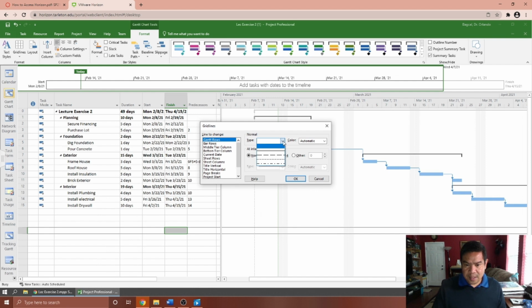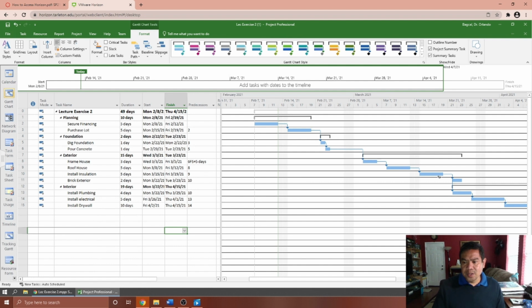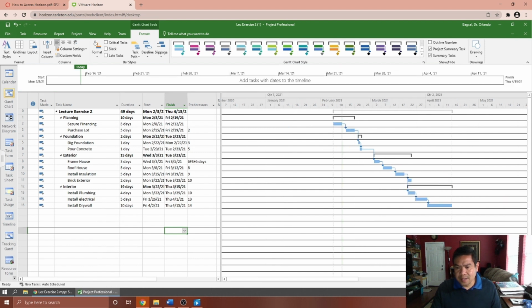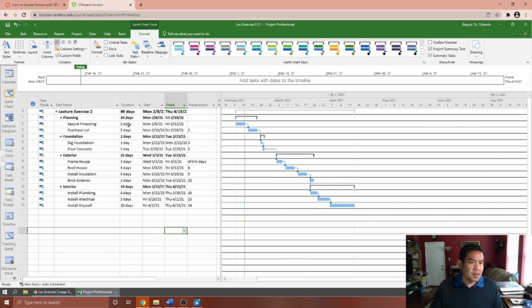Okay, you can select whether it is a dash line or you want it to be a continuous line. Okay, you can change the color as well, but I'm going to stay with the default black line. So what I need to do is just click OK. So you will notice that it will now show the alignment of each of those activities on your activities. All right, so